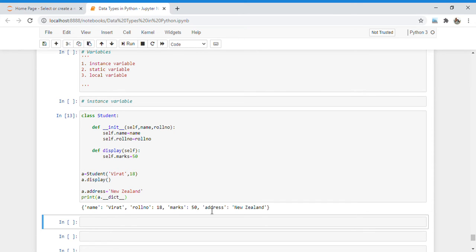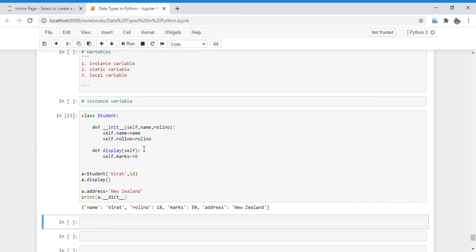Four instance variables I declared in the above class. So this is the instance variable and the places where we declare it.